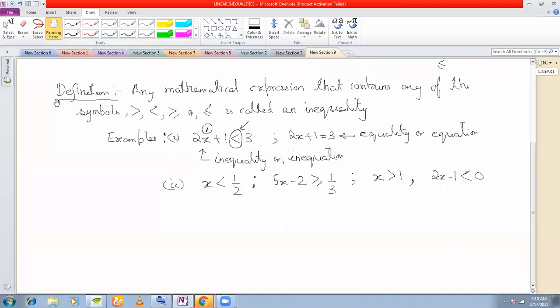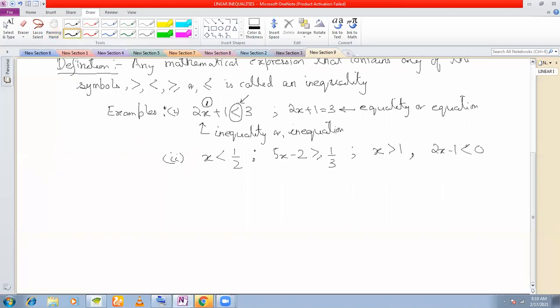Okay. Now we come to the definition of, if you see before coming to the next topic, if you see the powers of all x's here are 1. Okay, all the powers of x's here are 1. So therefore each is linear. This is a linear inequality. This is also a linear inequality. This is also a linear inequality. This is also a linear inequality.